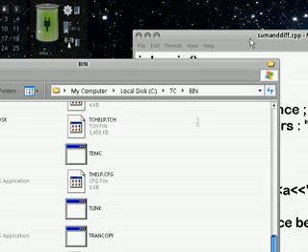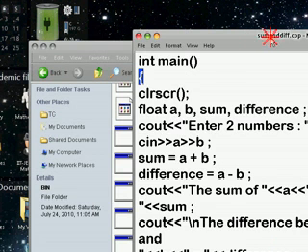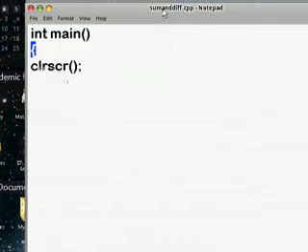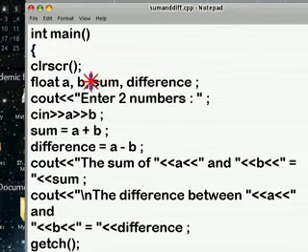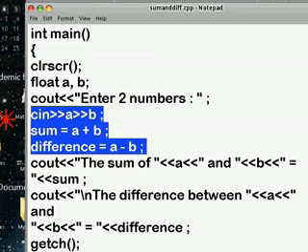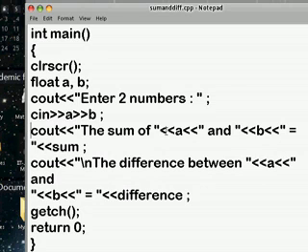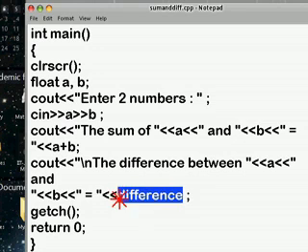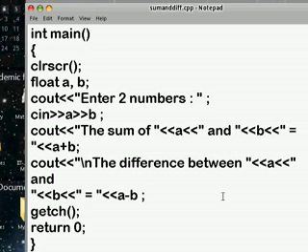And by the way, another way you could do the same thing is you don't need to actually put in these two. These are just to help you understand more concepts. Without even doing this whole bit, you just delete it. You can, instead of sum, just put a plus b, and instead of difference, you can put a minus b. I just showed that so you know how